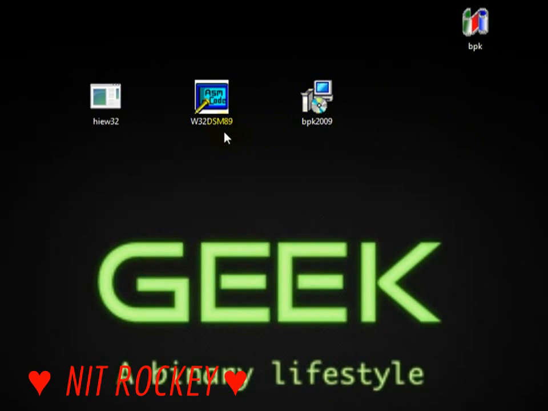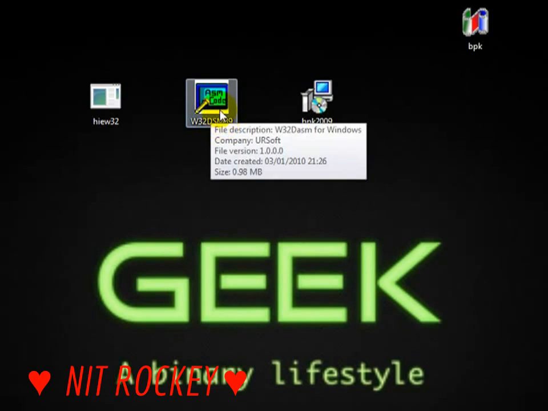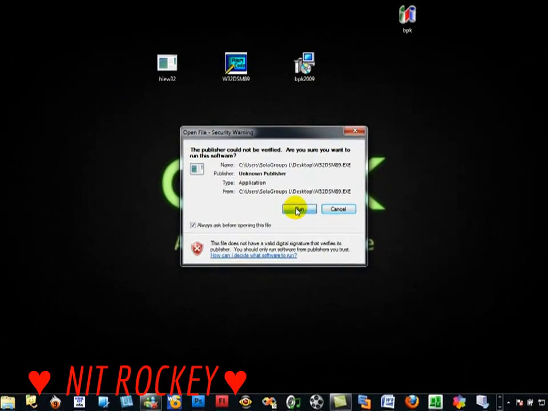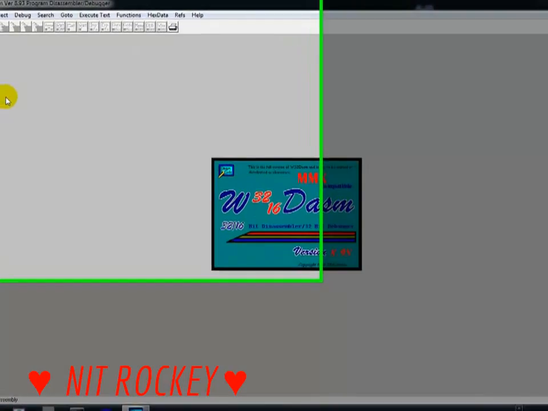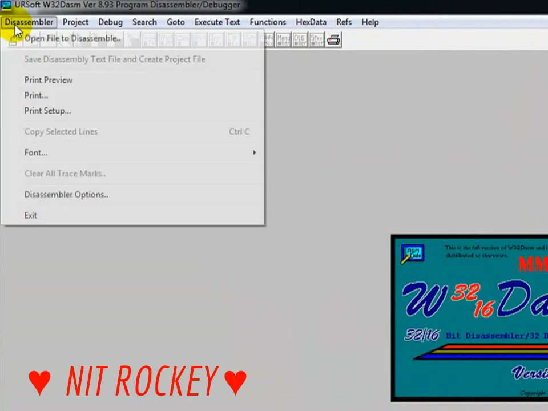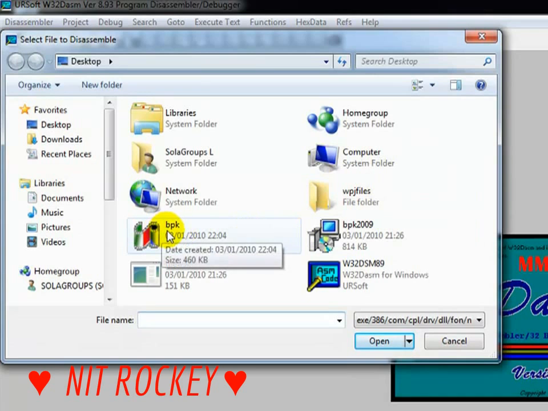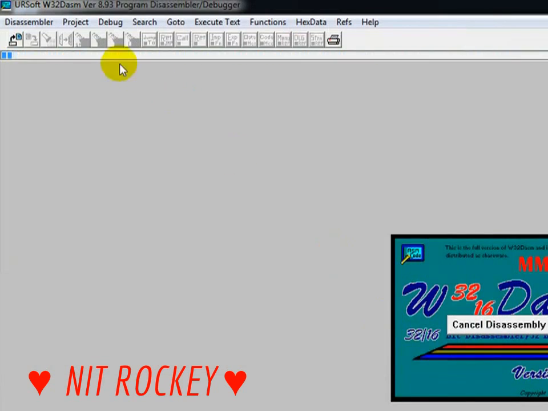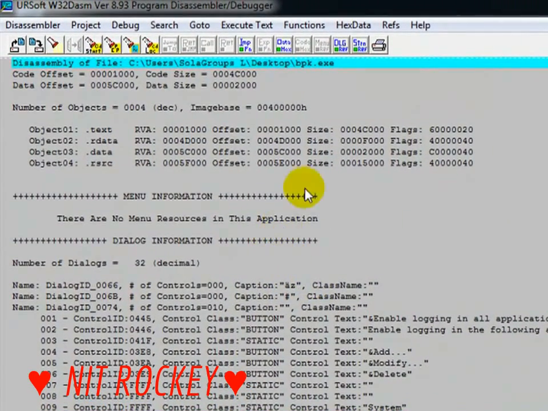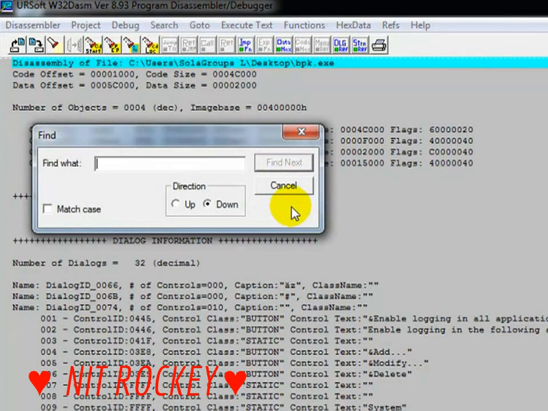Once you do that, go to this disassembly software, W32, double click, and once you open, go to open, choose the one we copied earlier, and let's try to disassemble. As you can see, W32 DASM. Once you've got this software open, just go to search, find text. We're going to write that registration